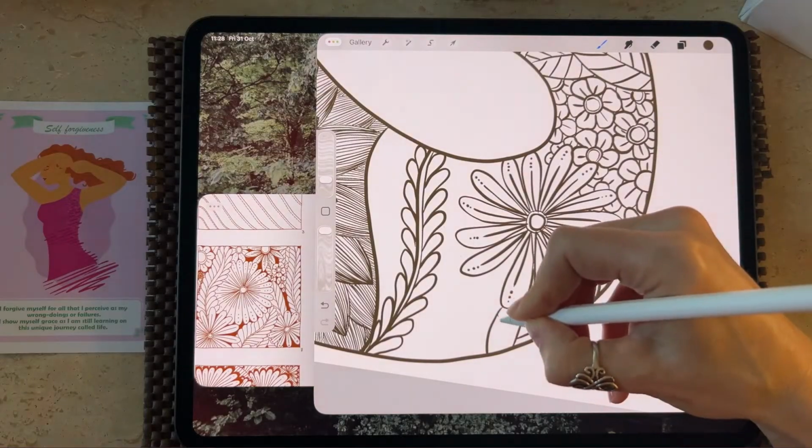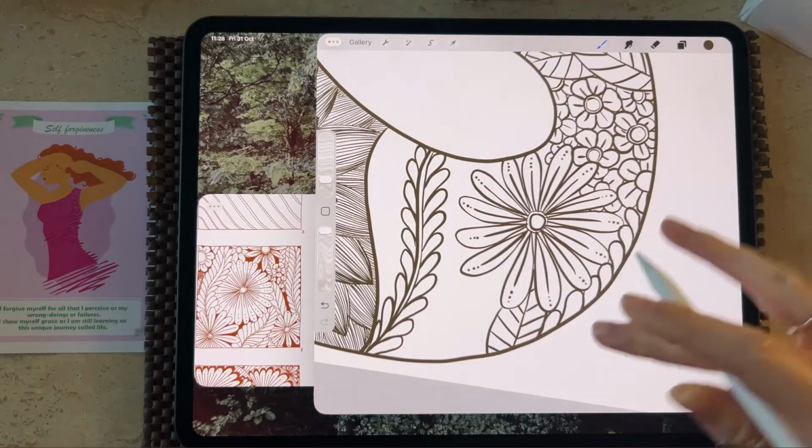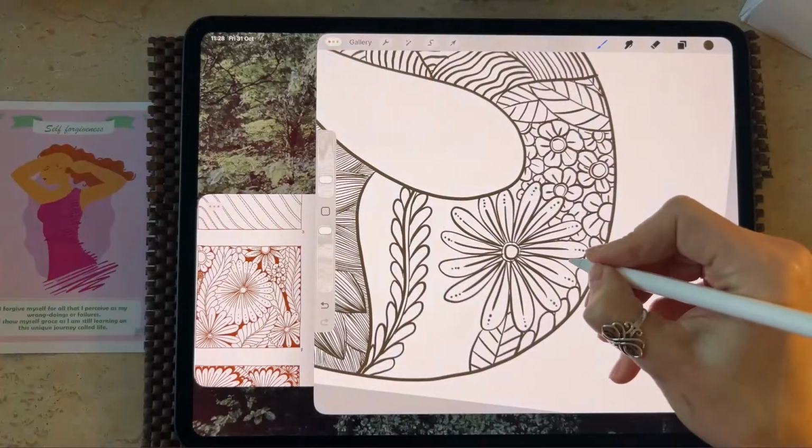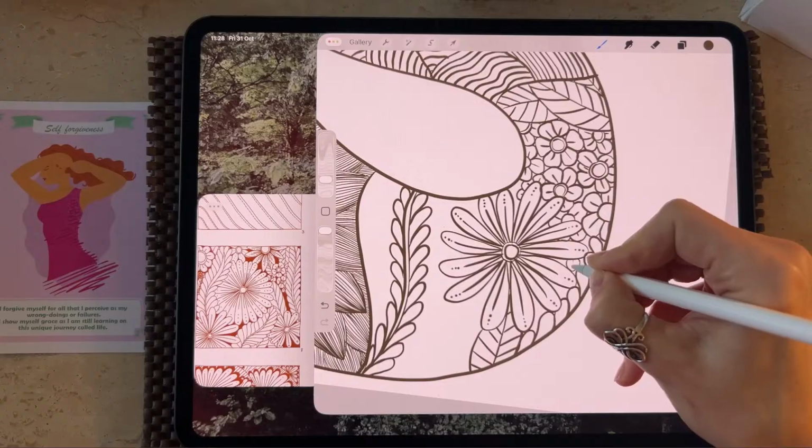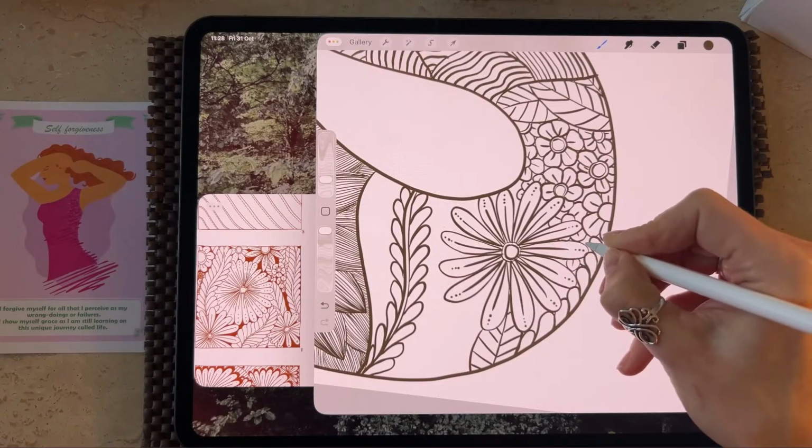What I love about this particular pattern is, what flower can you think of, what leaf shape can you think of, and just go with it. It's kind of a free form doodle.